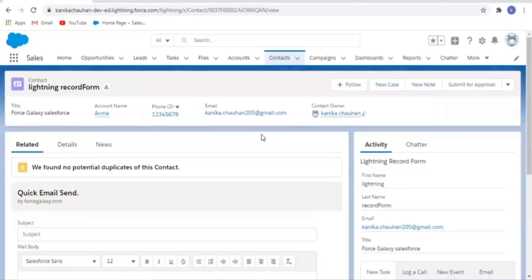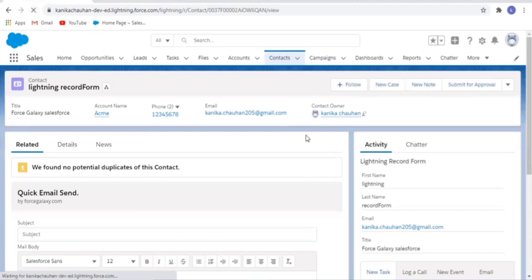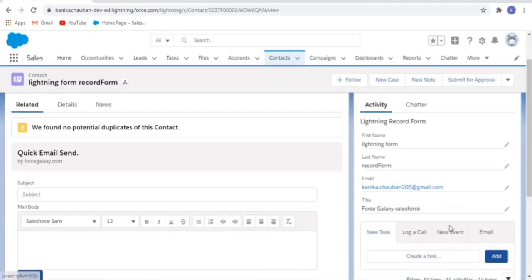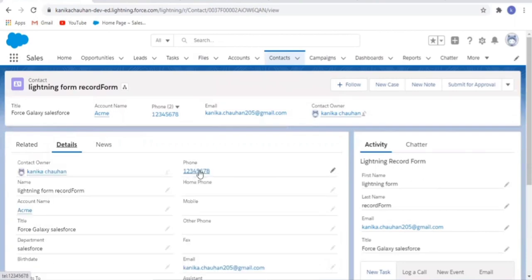Okay, as you can see, it creates a form to display a record without enabling edits. I have no option to edit my record, and the buttons are also not displayed here. Now the last mode we have is view mode. Let's check out how our component looks in view mode. View mode creates a form to display a record that the user can also edit. The record fields each have an edit button. The view mode is the default when the record ID is provided. Here in the component you can see my record, and each field has an edit option.